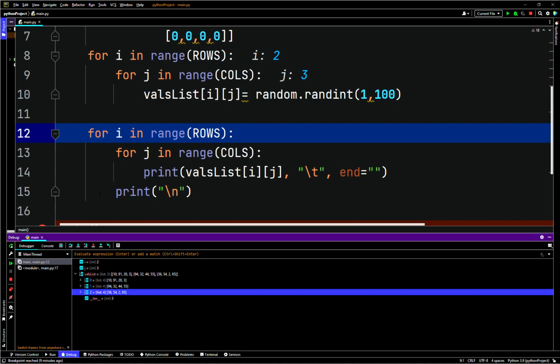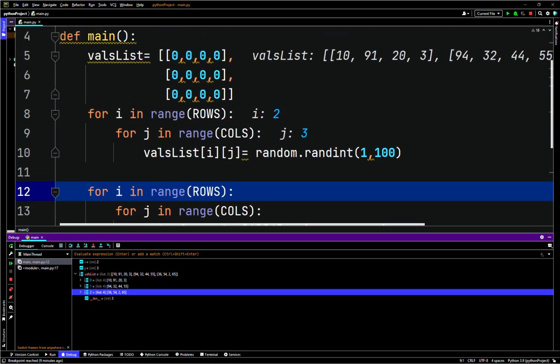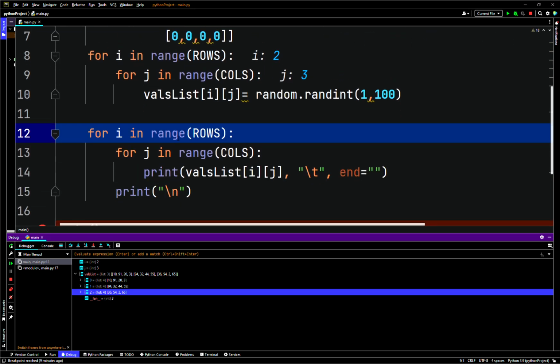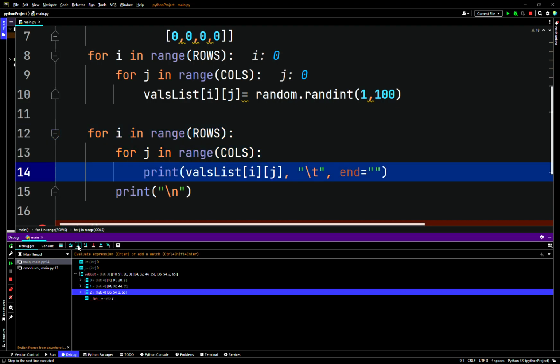Alright, so once that happens, same idea here. We're going to enter a new nested loop, but in this case, we're going to step in. So I is going to be 0 here. We're going to step in. J is going to be 0. So it's going to print vals list of 0, 0, then print a tab, and then